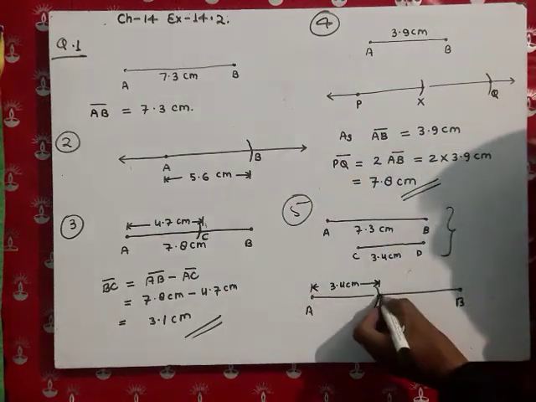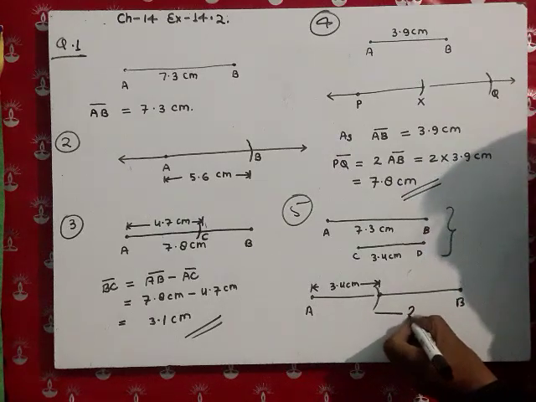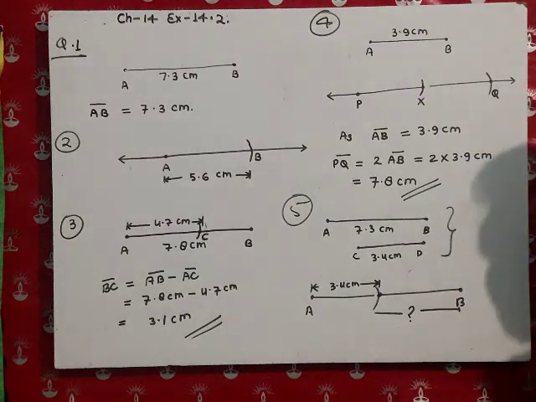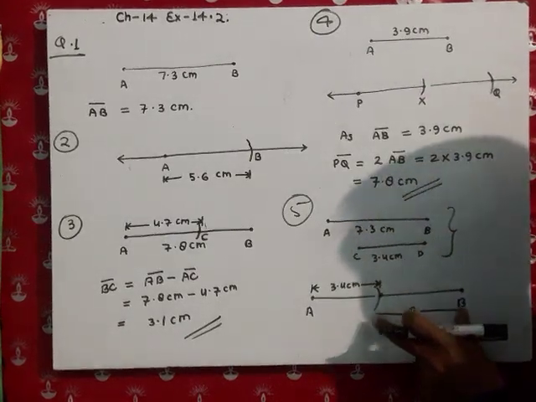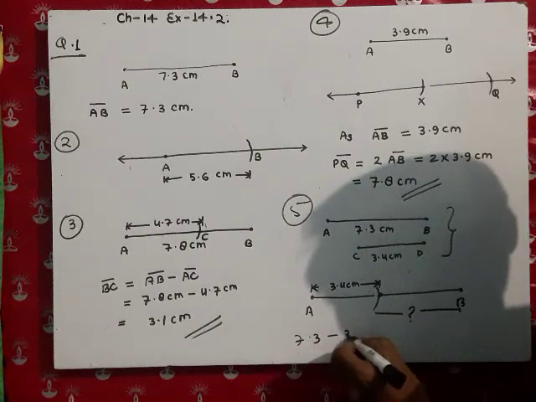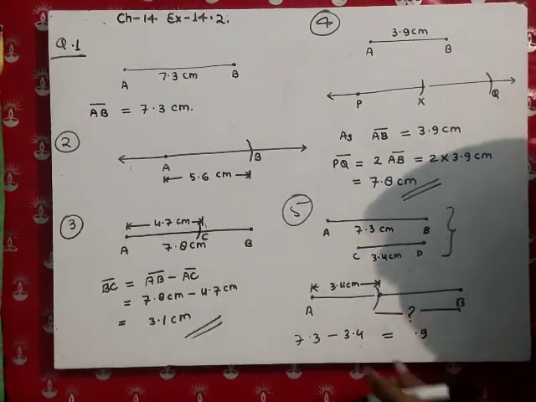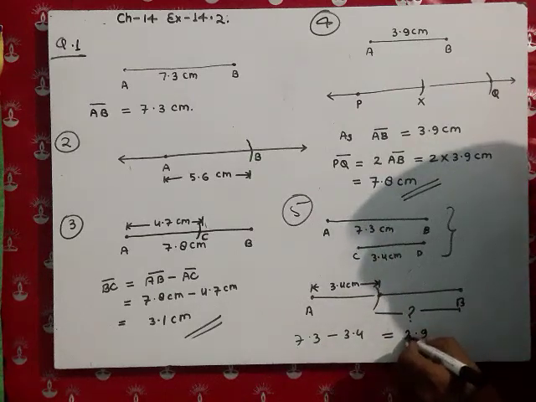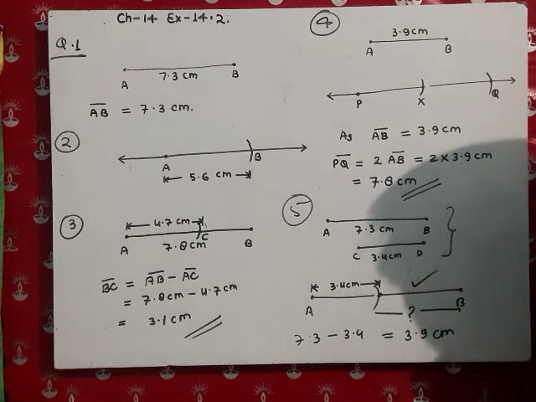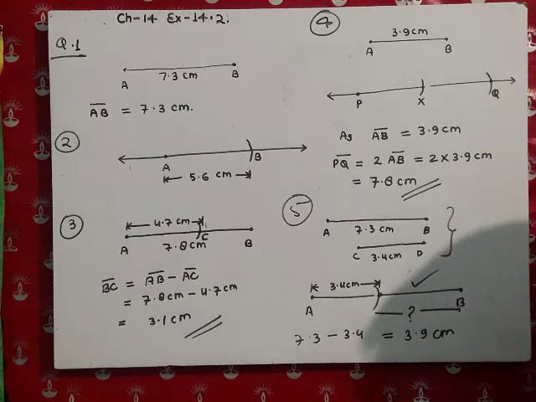Now what is the remaining length? Now we have to measure this length. Okay, so here we are going to measure this length. What is the length of this? So how are we going to measure? You have to use the ruler and measure it. Its measurement will be 7.3 minus 3.4. Then it is 13 minus 4, that will be 9. And now here 6 minus 3, it will be 3. So 3.9. That means this portion will be 3.9 centimeter. Is that clear? So now by this method this exercise has been completed. Thank you.